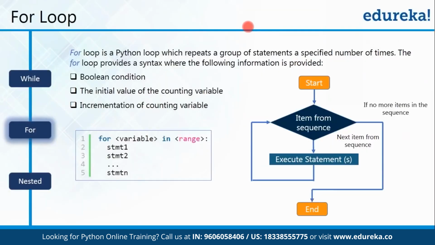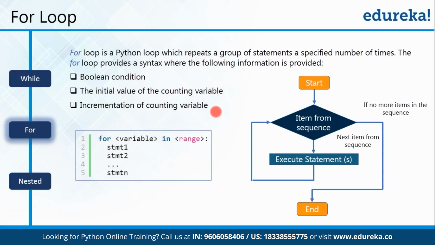So for loop is basically used when you know the number of iterations that are required. Unlike while loop where you are not sure about the number of iterations that are required, in for loop you know how many times the statements that are present inside the loop need to be executed. So for loop provides you with a syntax that will include 3 fields, or you can say 3 pieces of information. So first will be the Boolean condition, then comes the initial value of the counting variable, and then the incrementation